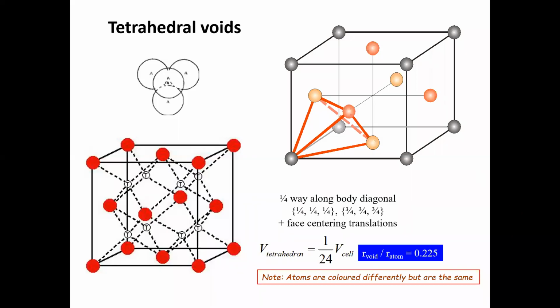Morning class. In the previous lecture, we discussed two important voids in the unit cell, namely tetrahedral voids and the octahedral voids. They play a very important role in describing the properties of the material. In today's class, we are going to study a couple of example problems which involve the role of these voids in making their corresponding unit cell unique.